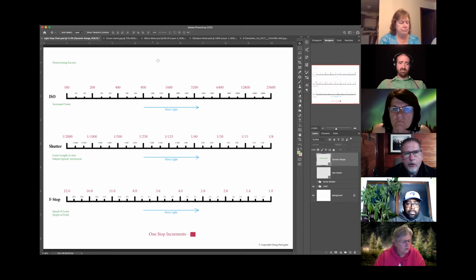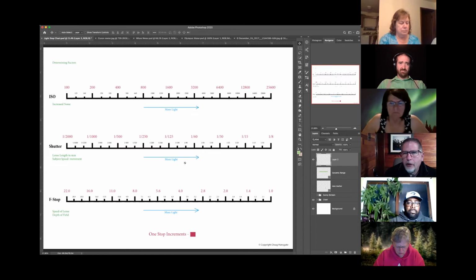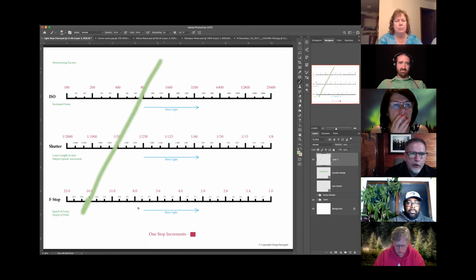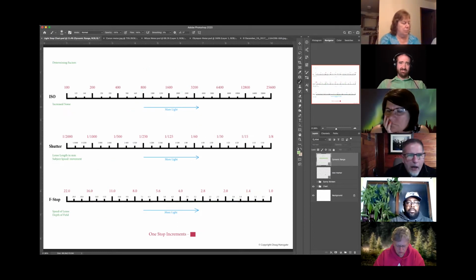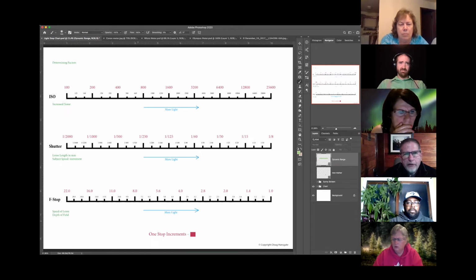Now, some people will call it an exposure triangle, and if I were to put a new layer on here and grab a paintbrush, they're going to stretch this ISO to this bar, and they're going to change the shutter to this bar, and they're going to put the f-stop on the bottom. And I always found that to be not beneficial to people. So what I've always taught is that we're going to buy light on one of these scales, starting with an